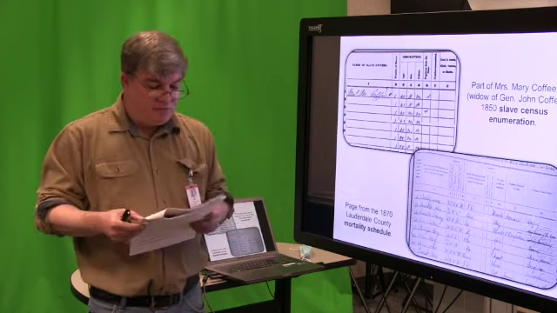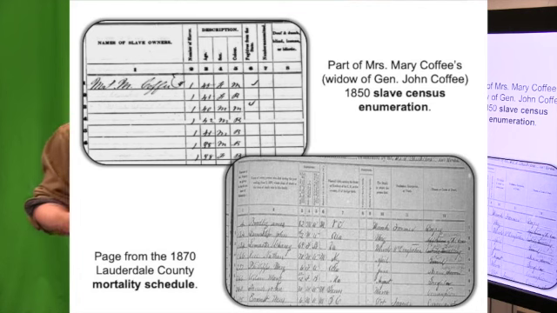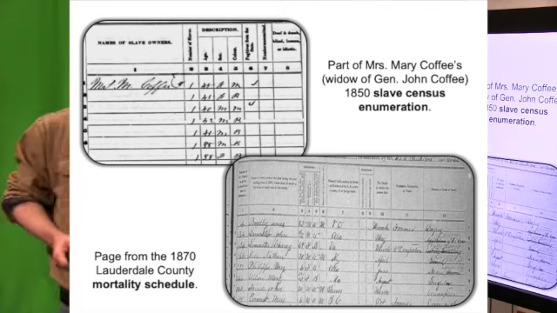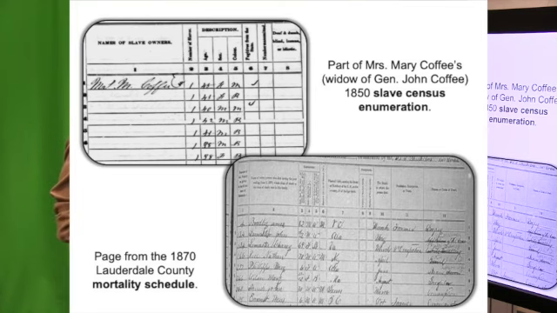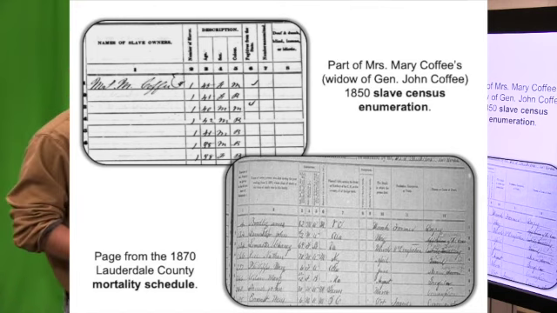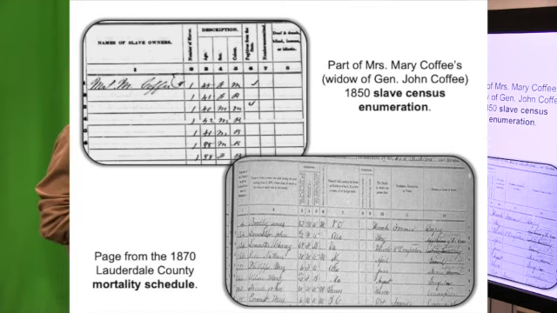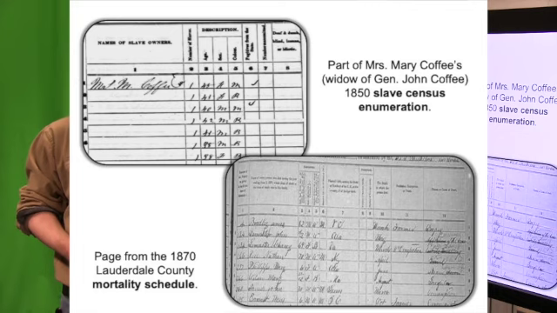So I mentioned slave census schedules. This really applies to African Americans. However, I like to collect these, and I did unfortunately have some ancestors that were slave owners. So I like to try to research the slaves that they had, and if I can, find out a little bit about them. But these are available for 1850 and 60 in the antebellum slave states, which included places like Maryland, Kentucky, that eventually either stayed neutral or sided with the Union. They were considered part of the South, so they took slave censuses.